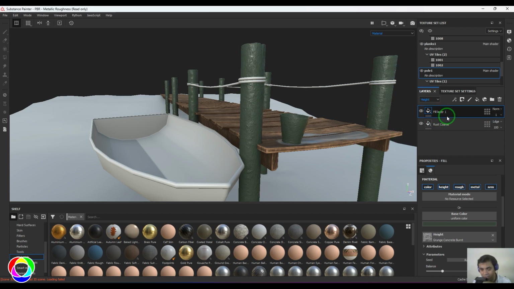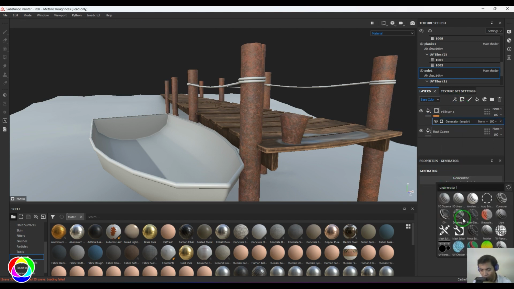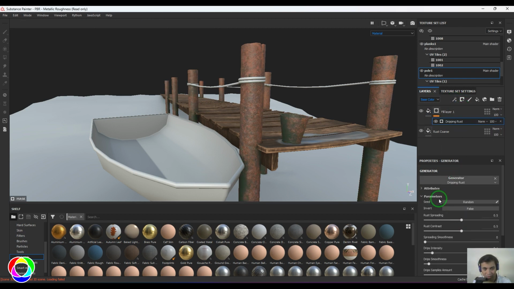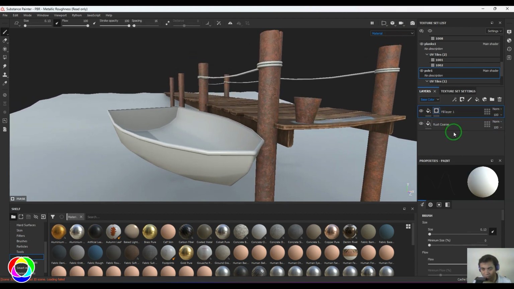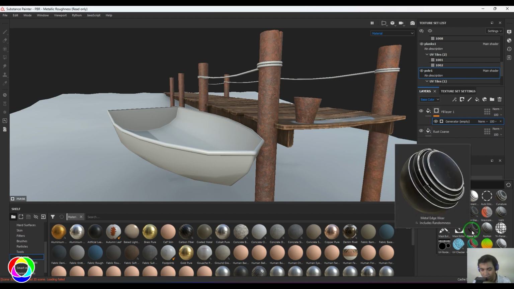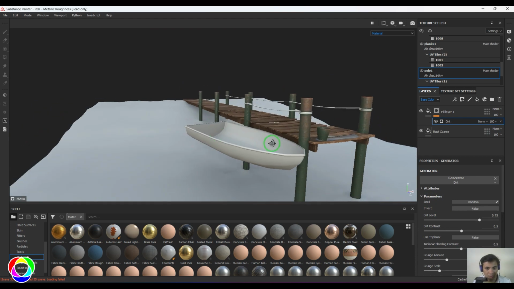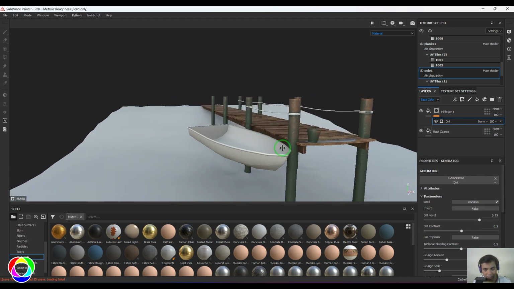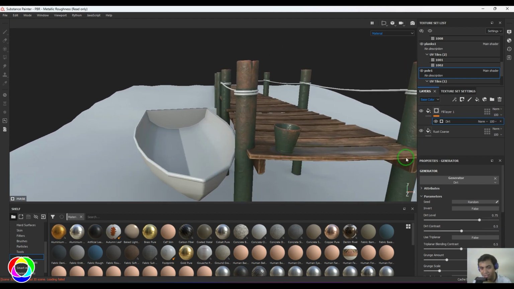So once that layer is achieved, I go to the base layer and then put a black mask and then choose a generator. So I can just choose the dripping texture. This is not good. We have the dirt, we have the metal, so I just pick the dirt. That looks good. So that looks pretty organic, so it's painted that way. And if you don't want this to look on the bucket, you can always